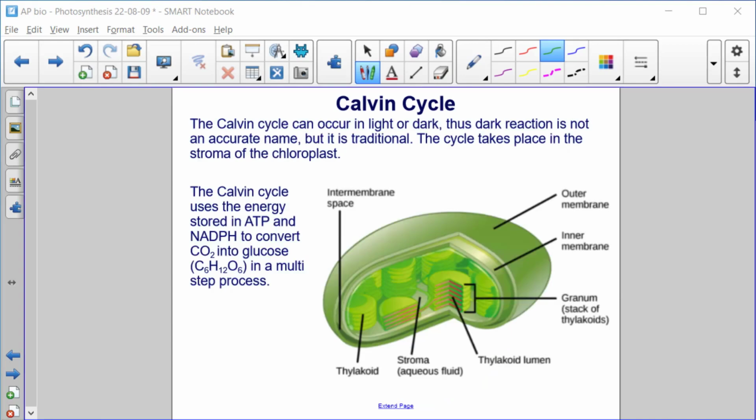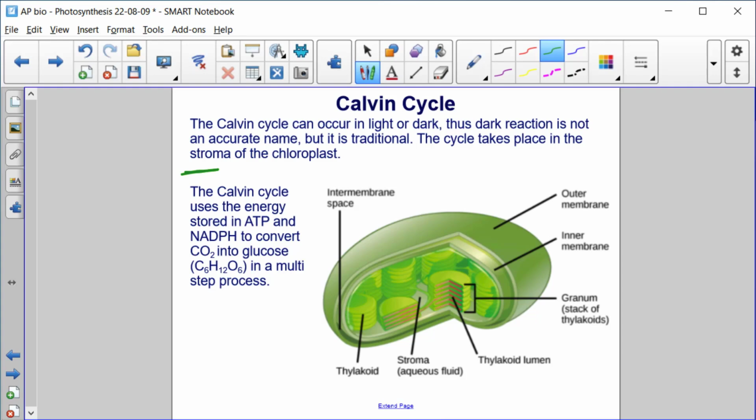All right, let's take a closer look at the Calvin cycle. The Calvin cycle can occur in light or dark. Thus, dark reaction is not an accurate name, but it is traditional. The cycle takes place in the stroma of the chloroplast, which is the aqueous fluid that exists outside of or in between the thylakoids. The Calvin cycle uses the energy stored in ATP and NADPH to convert CO2 into glucose